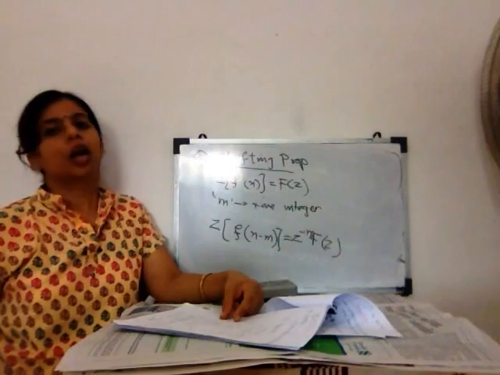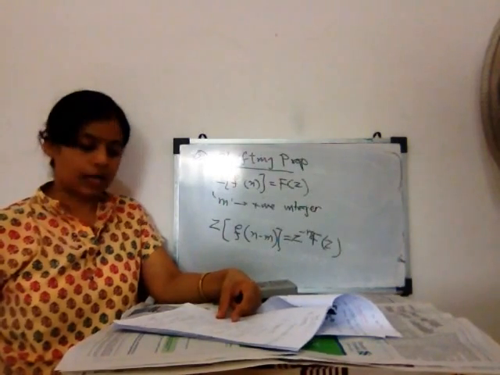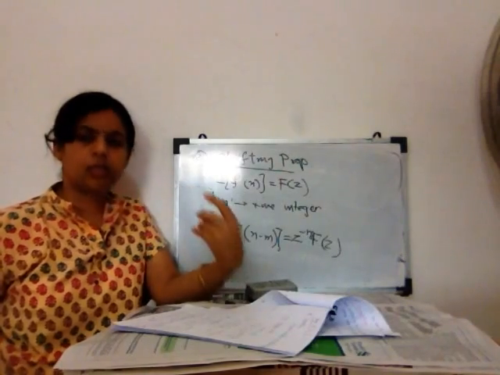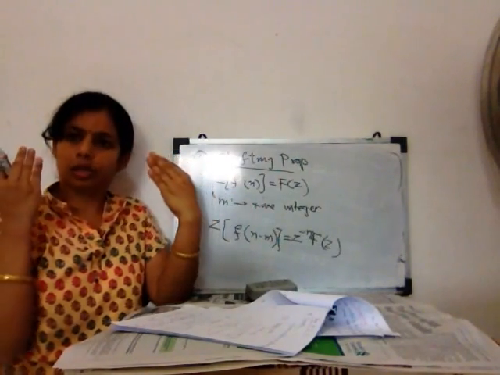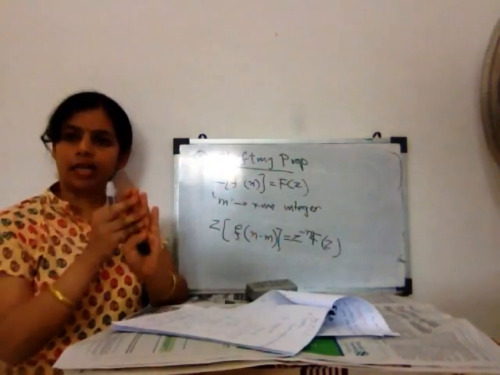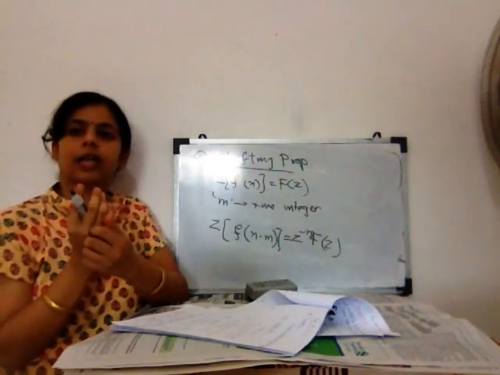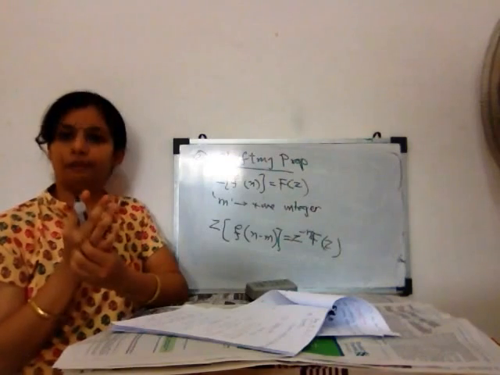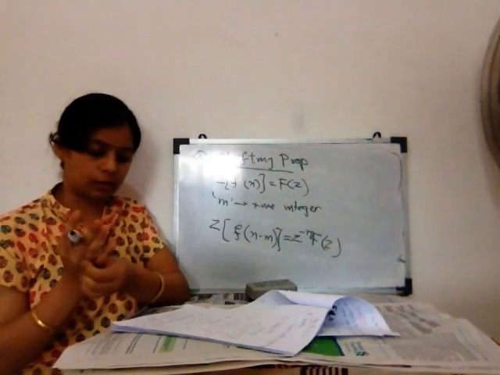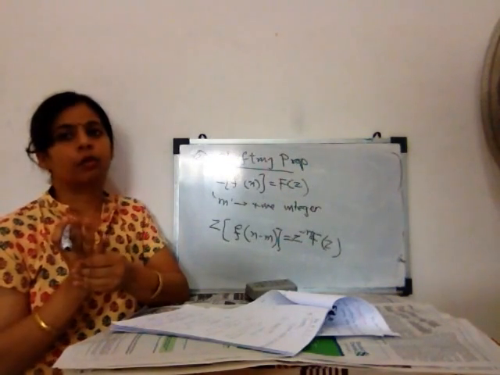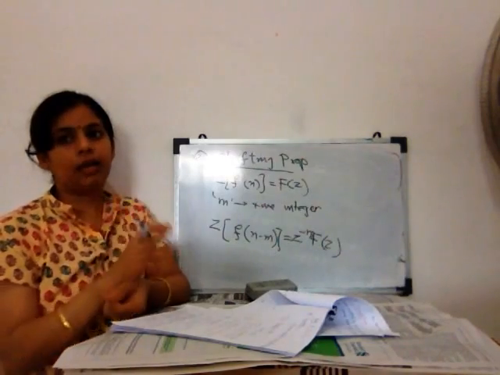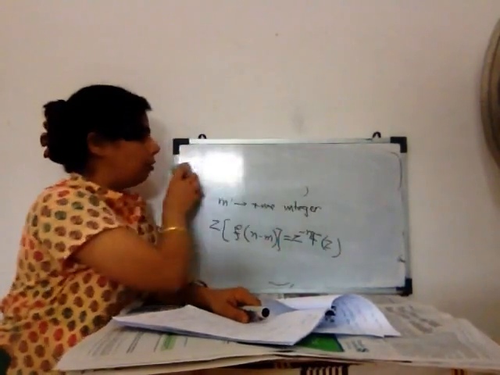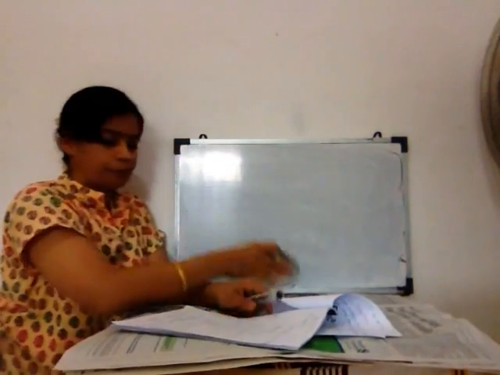Next is the convolution theorem for the Z transform. The convolution theorem is the same. If we have two functions, we separately find the Z transform of both and multiply them together, which is the Z transform of the convolution of the functions. And next is the differentiation of the Z transform. Differentiation of the Z transform means if a variable n is multiplied with the function, then what is the Z transform?